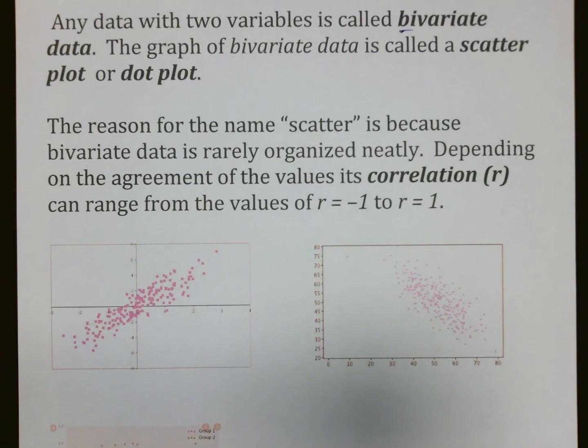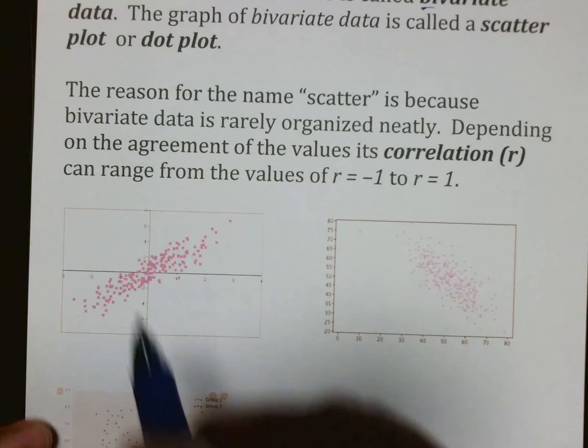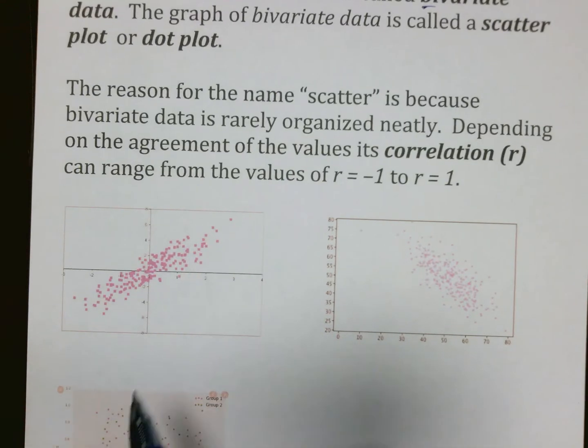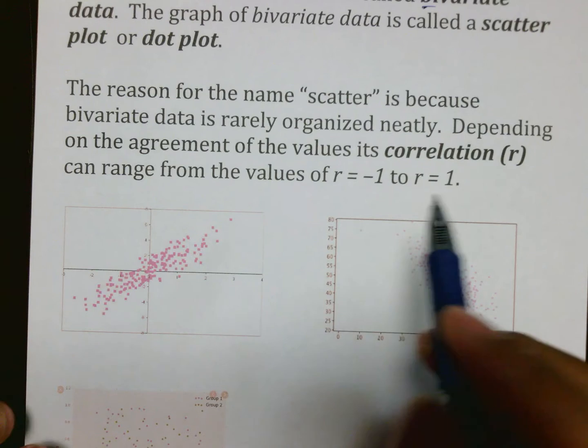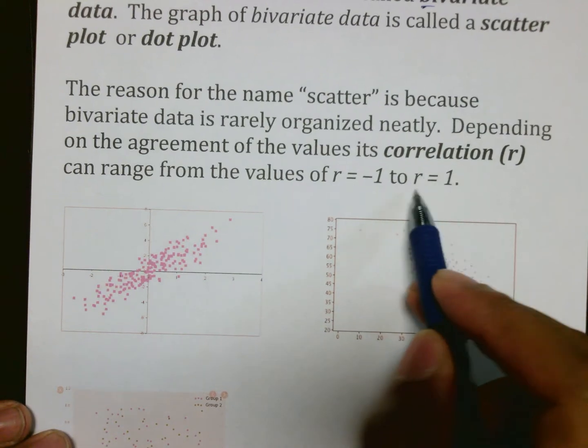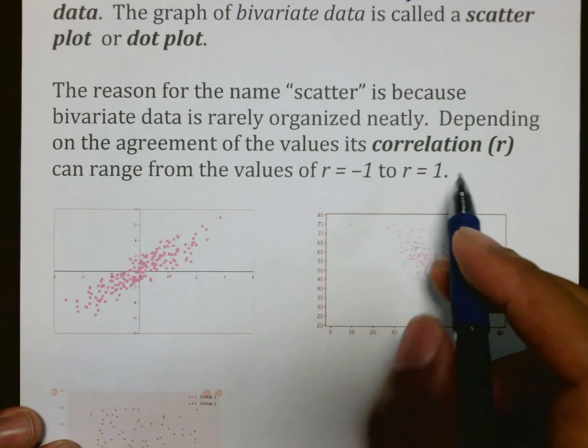if it's realistic. Depending on the arrangement of the values, its correlation can range from the values of r equals -1 to r equals 1. Now again, this is not absolutely important right now, but this is me just telling you everything you need to know. So looking at these real quick, notice how all these dots are fairly close to each other, but they're not a straight line, but you can see that they're going in a positive direction. That would mean that you're using a positive r because of course it has a positive slope,